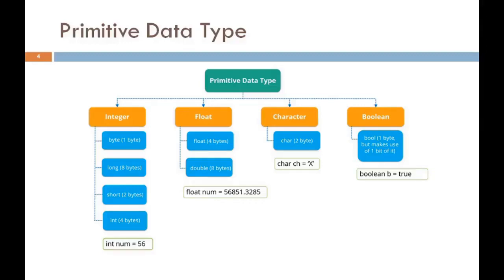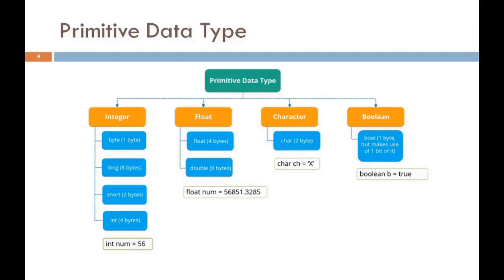Now we see the non-numeric data types in Java, that is character and boolean. Character is a special type of data type which is used to store a single character, letters or ASCII values in a variable. The size of the character data type is 2 bytes. Here a simple example of char is that ch is a variable which has data type char and which stores a single character, that is h.